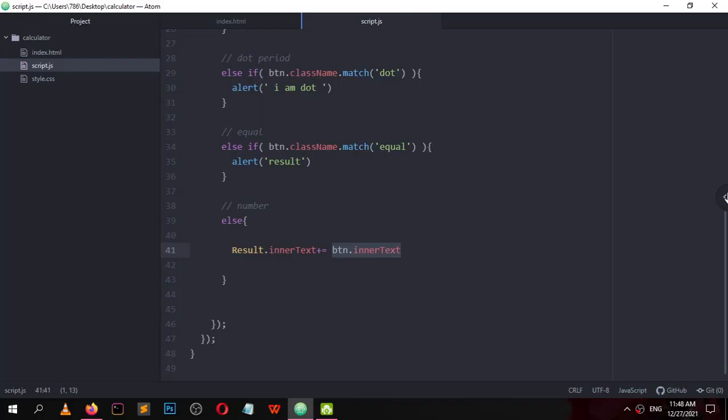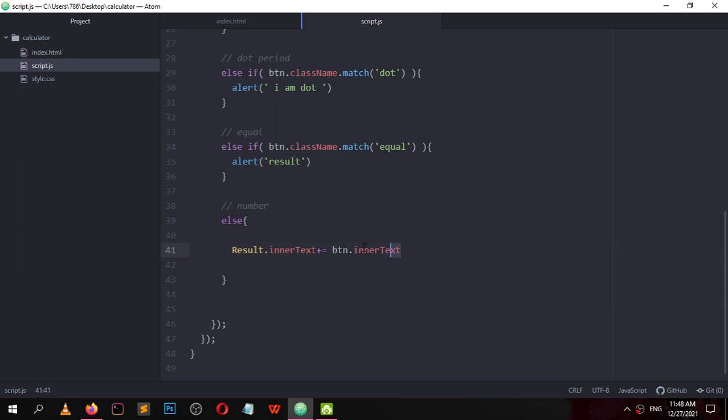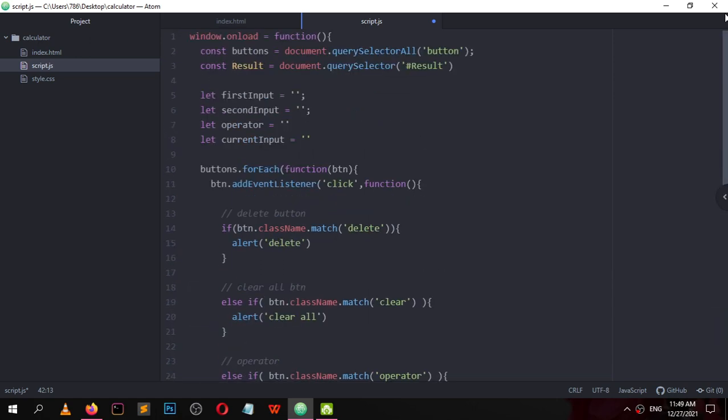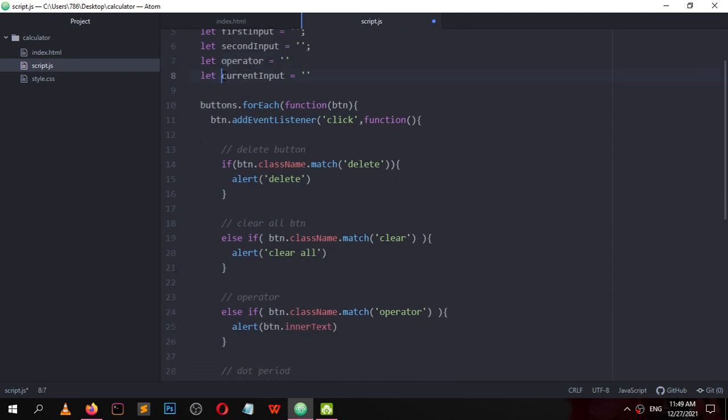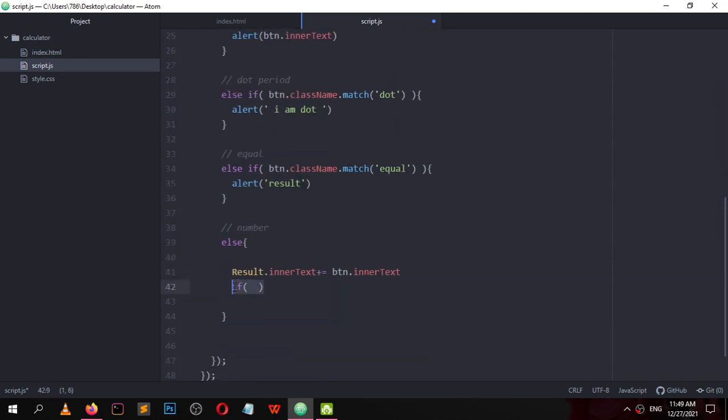So what can I do is, we can update this element accordingly. How can we do this? We can update this current input. Let me show you.